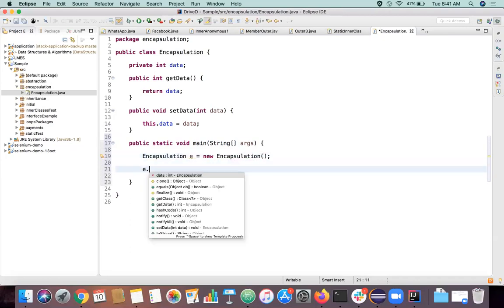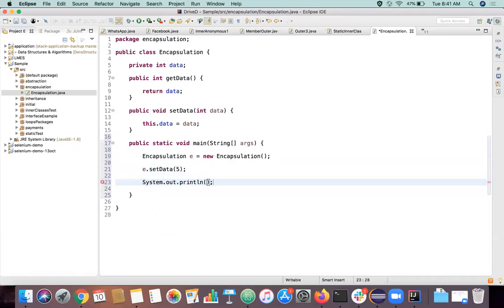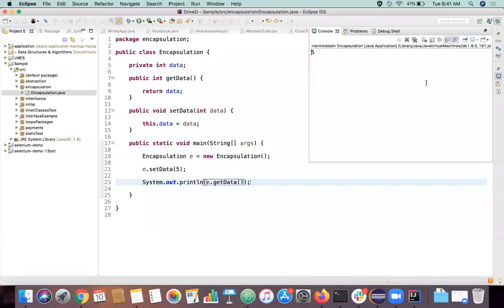I'm just going to call the two methods. That's it. setData, I'll just say 5. And I'm just going to print this method, e.getData. Again, we all know the output, right? It's 5 only. We are setting the data and we are getting the data.